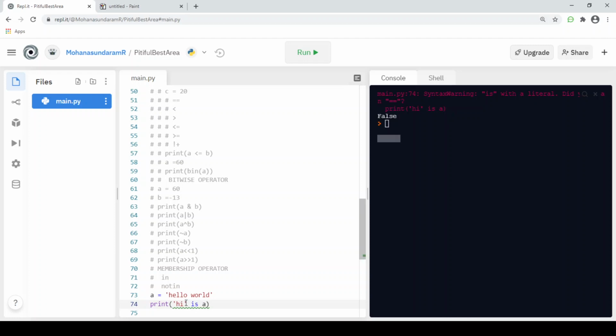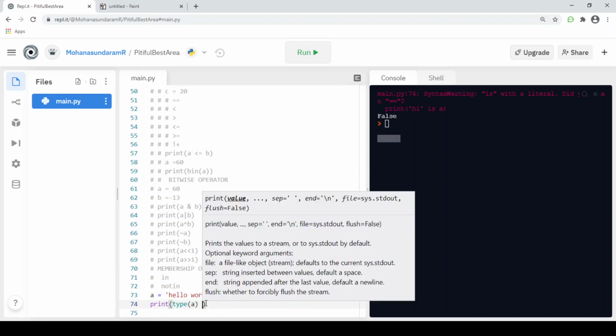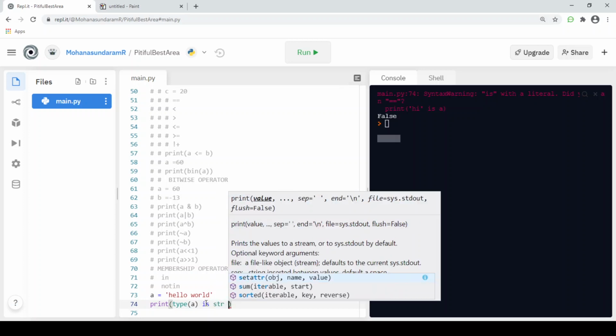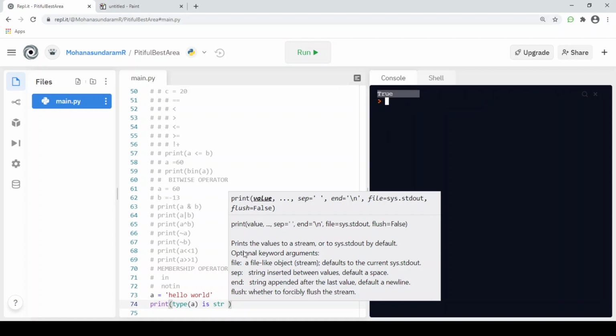Let me check again. I'm going to check whether the type of a is string or not. It says True. This is how we can use the is identity operator.